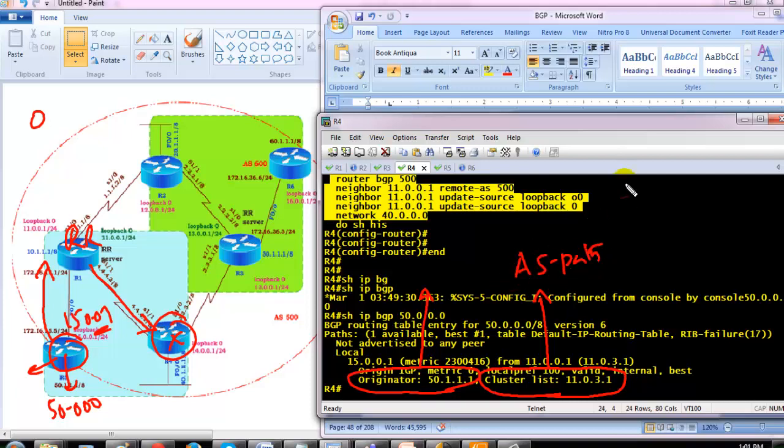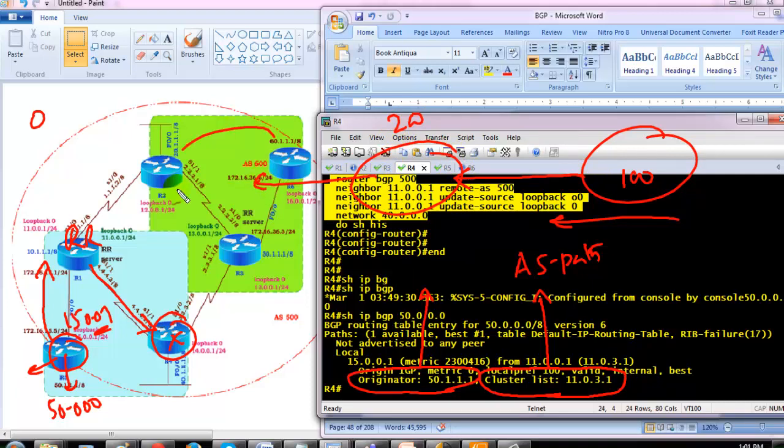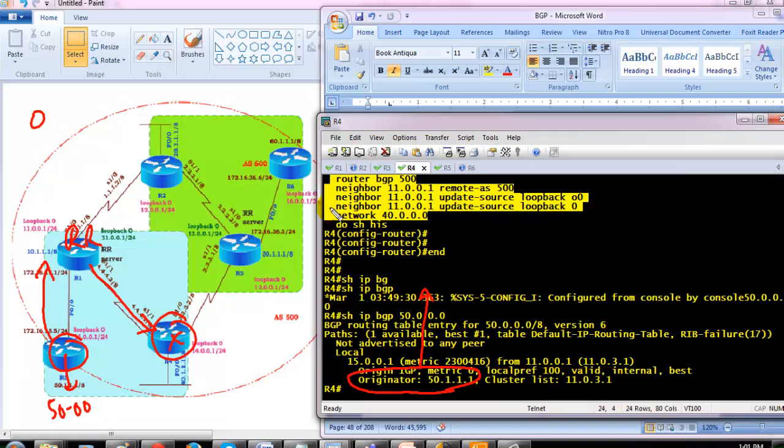It's more similar to your AS path attribute. If you know AS path, if a route is coming from AS 100, it's going to prepend the AS number, and send it to 200, and it's going to send to 300, something like that. In a similar way, when any BGP route is getting advertised. In our scenario, the 50 network is going to be advertised from here. It goes to router 1. When router 1 advertises to another cluster, it's going to prepend this information. I'll show you more in detail when I complete the configuration between R1 and R2. So just basic information.